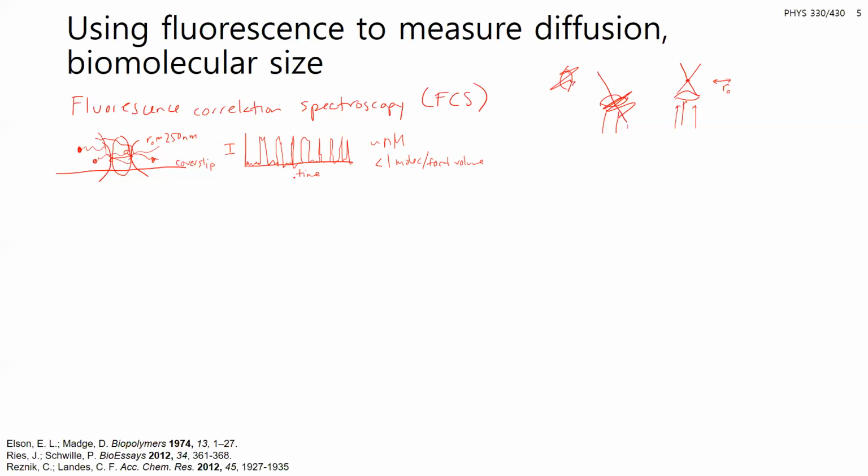From this intensity trajectory, this intensity versus time, you would then calculate the fluctuations in the intensity. So we're gonna write that as delta F of t. You would take the fluorescence intensity at a certain time and subtract the average fluorescence intensity. So this is the fluctuations in intensity. And from that, you'll perform autocorrelation